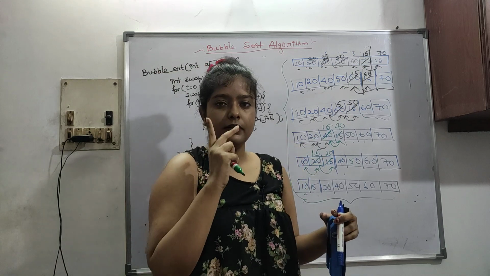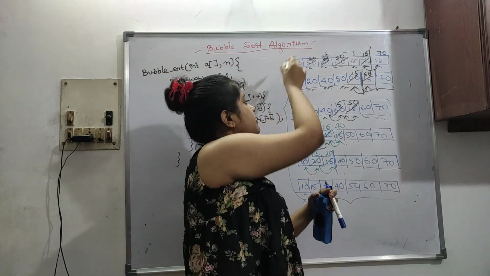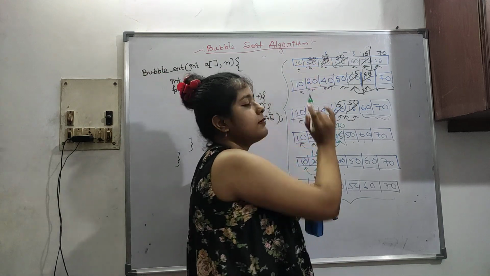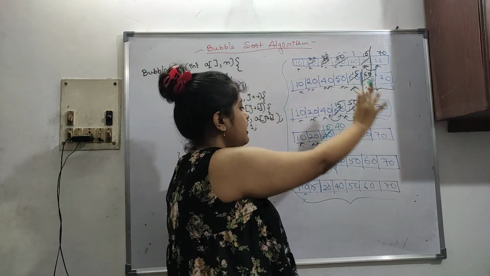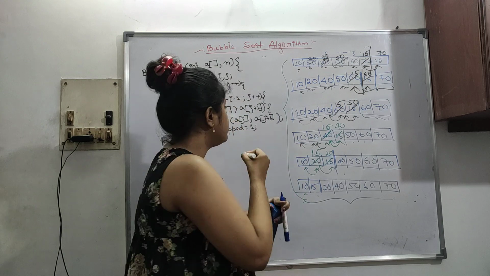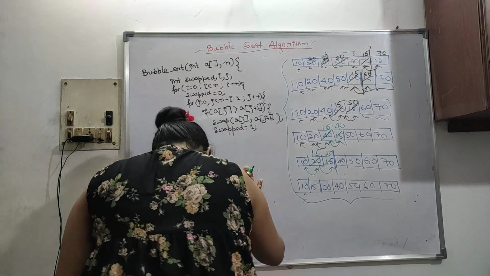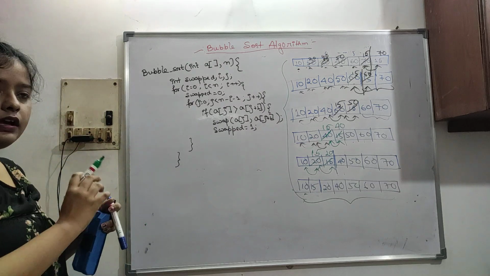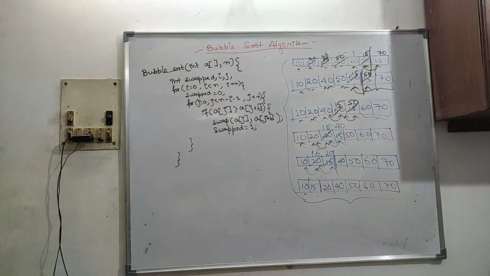So this is basically the idea behind our algorithm. We are taking two elements and we are doing comparison of these two elements, like pairwise comparisons we are doing. So this is basically the idea of the algorithm. Now we will see the code. So please make a note of it if you want. And now I will discuss this algorithm.